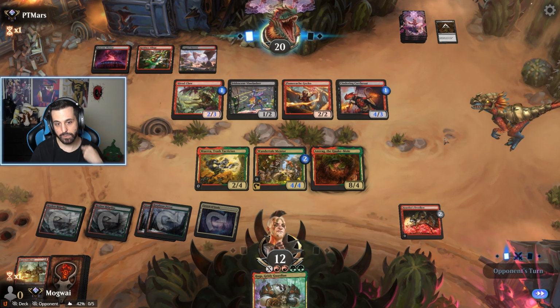We can lose the Quake Mole, and I'm okay with that. I need to stop taking so much damage. They actually let that die. Okay, so what do we have going on here? 1, 2, 3, 4. 2 green, 2 red. 3. Picking up another forest there. And we're gonna swing with...